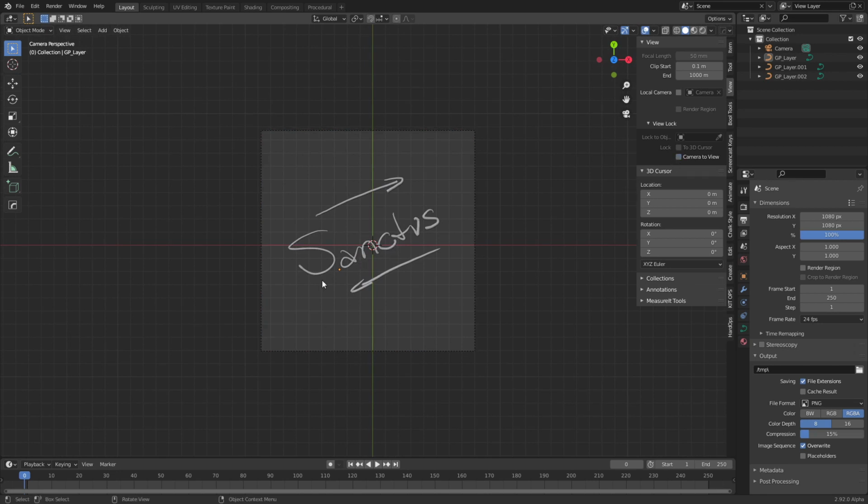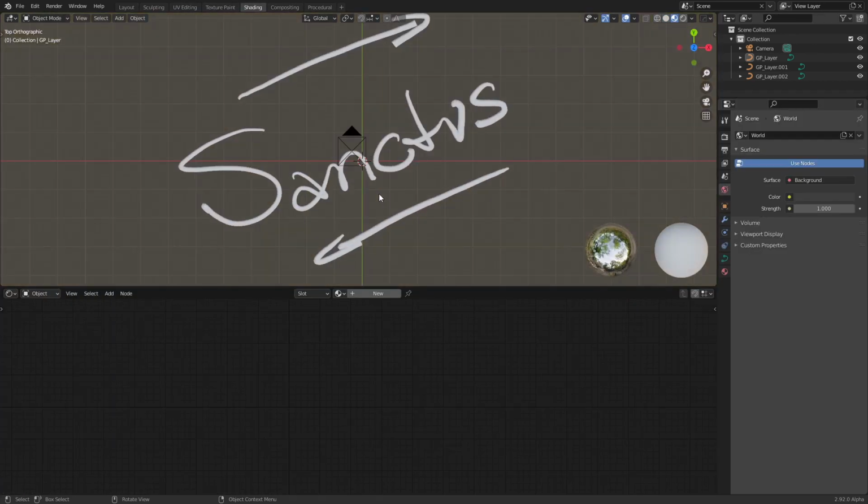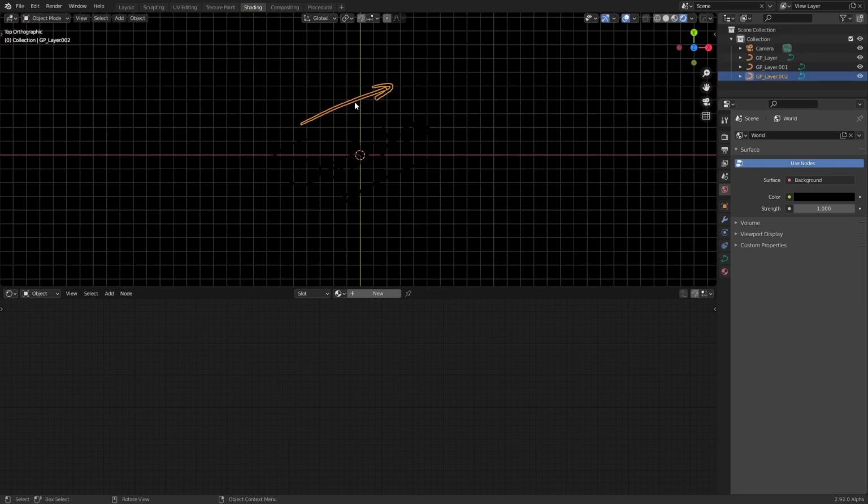Now we will assign a material to them. Let's go to shading. Again, top view. Go to the world properties here. Change this to black. Go to render view. And now we can select one, new,